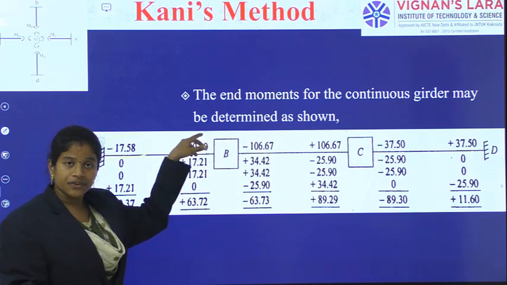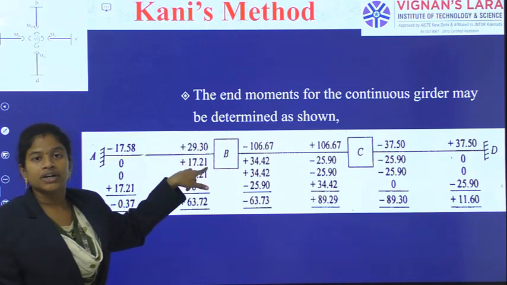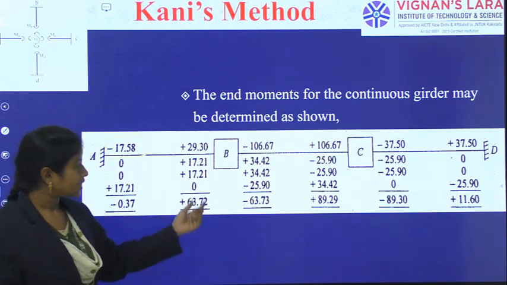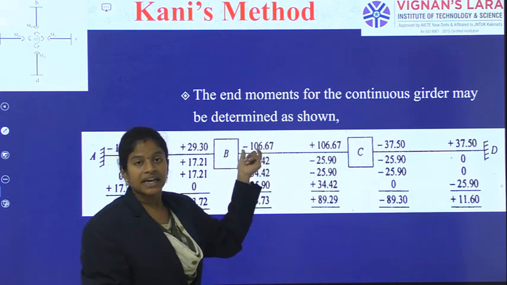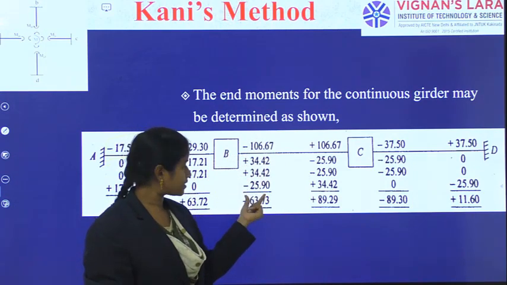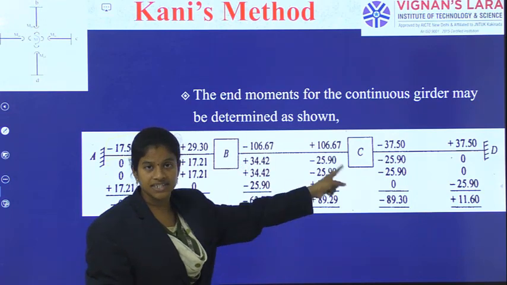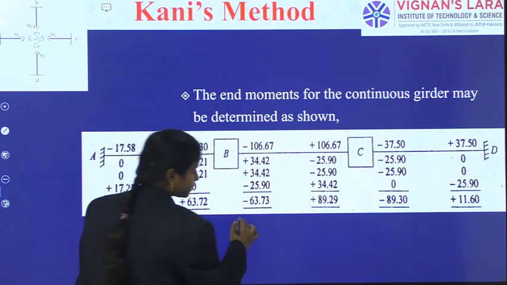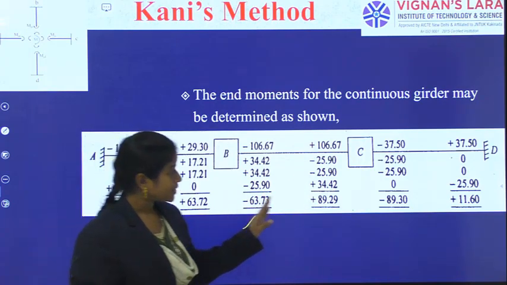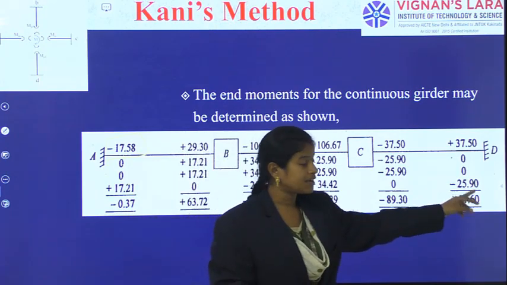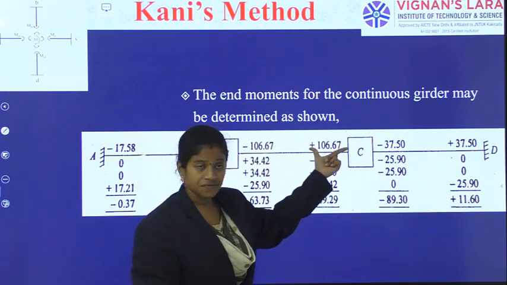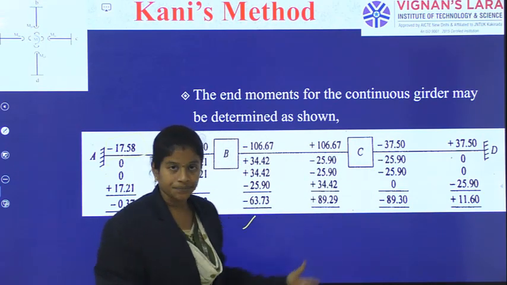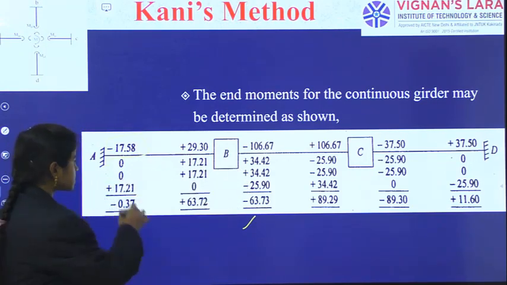Again, at B, fixed end moment. Nearer end rotation contribution 2 times. Farther end rotation contribution 1 time. Summing up all. Again, at B towards C, fixed end moment, nearer end rotation contribution 2 times, farther end rotation contribution 1 time. B towards C, so that's why the CB answer is there now. That value we will write, and the summation has given me this. Similarly at C towards B, at C towards D, at D towards C. See, as it is, fixed end moments, twice the rotation contribution at this end, and 1 time from the farther end.